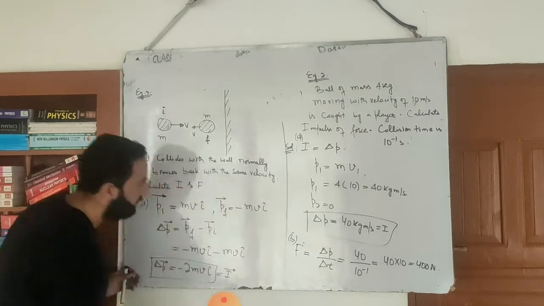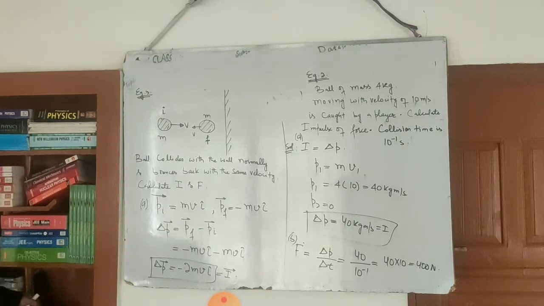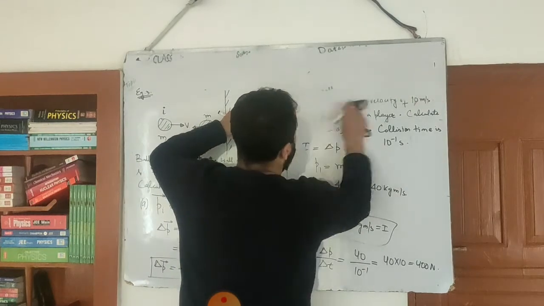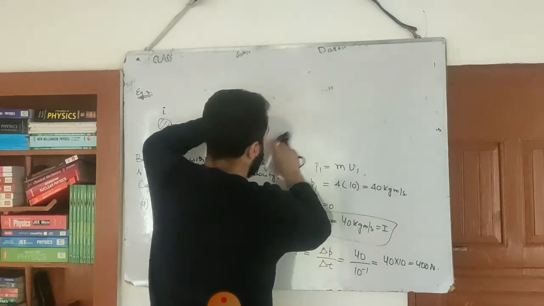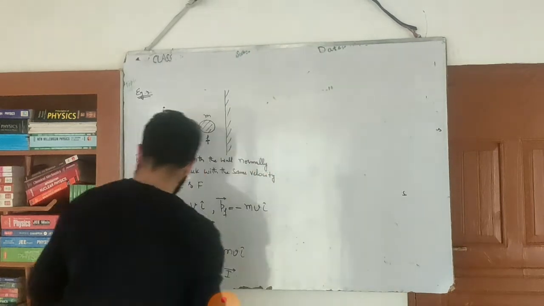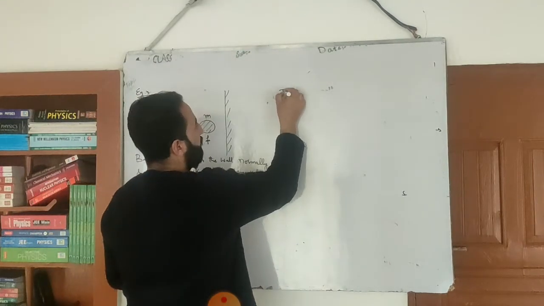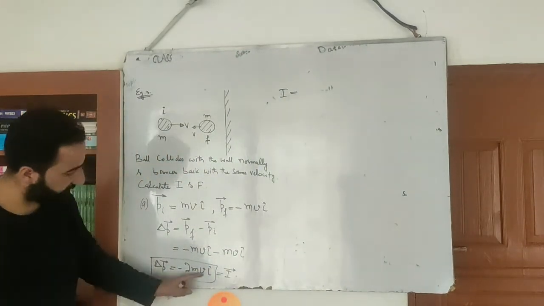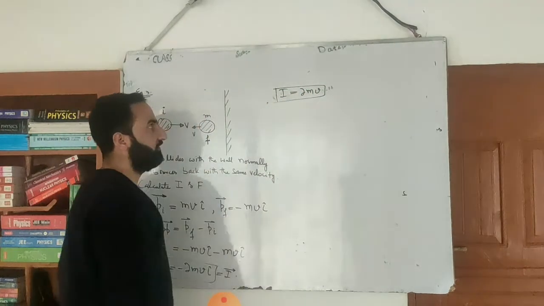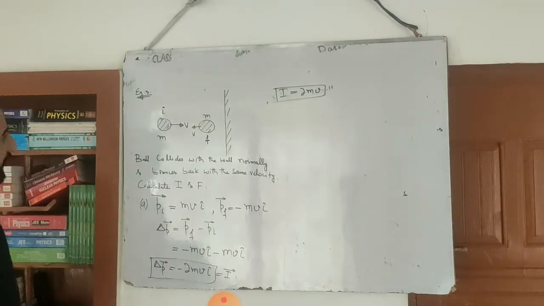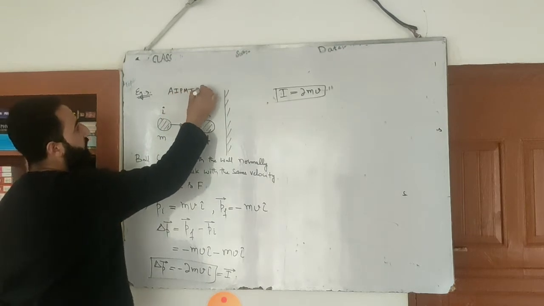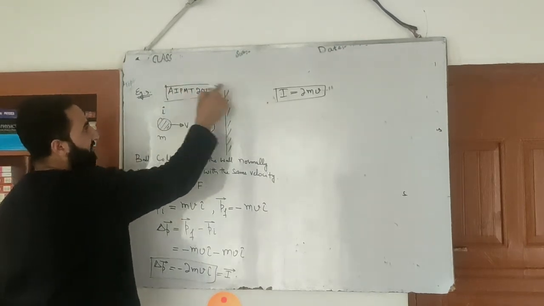That's it, okay? Simply calculate the change in momentum, that will in turn be equal to impulse. Okay, and suppose that you want to calculate the magnitude of the impulse. So simply like this, the magnitude of impulse I will simply be equal to 2 mv, twice m into v. This is the magnitude of the impulse. Okay, and this question is as such asked in AIPMT 2022. Exactly the same question and exactly the same answer.